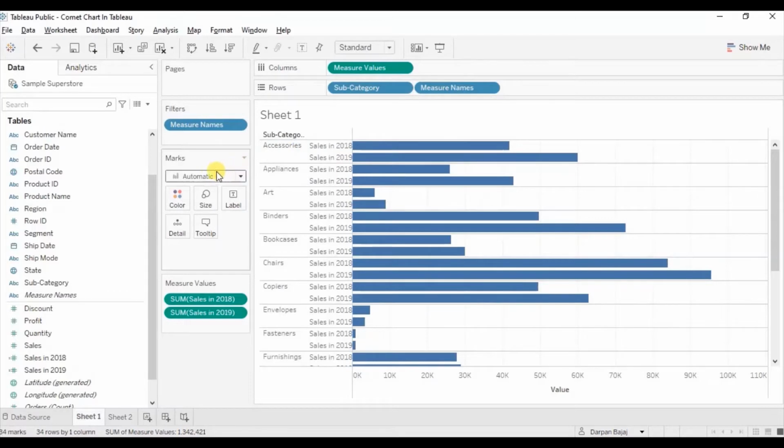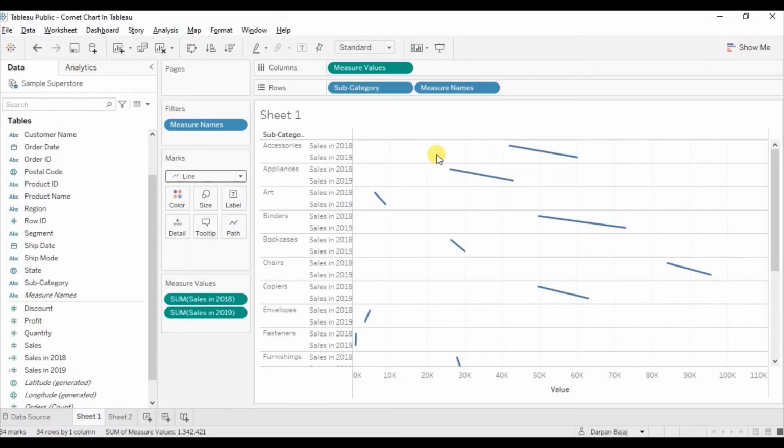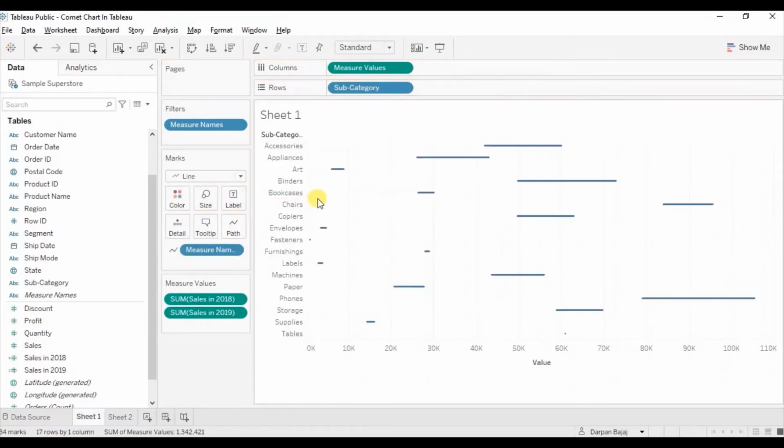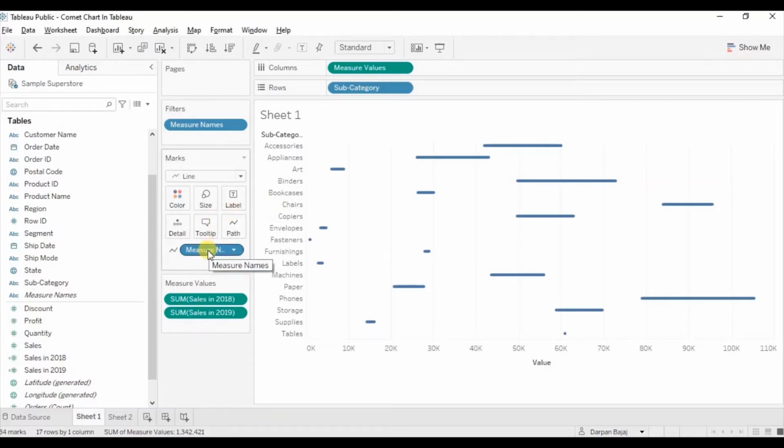Now change from automatic to line in the marks section. Drag measure names to line path. You can increase the size. Now we are getting a bit closer to the comet chart. Click on control and drag measure names to size.